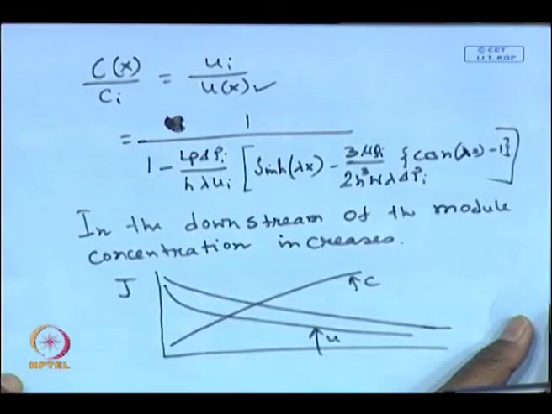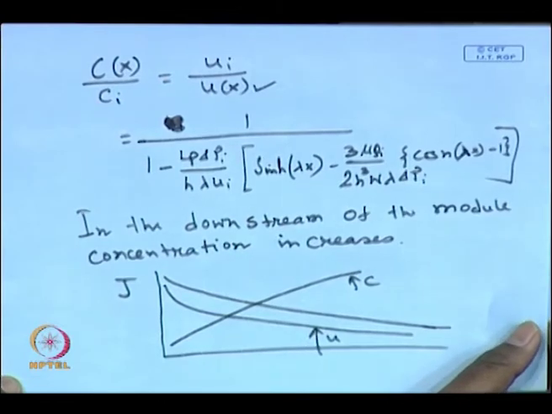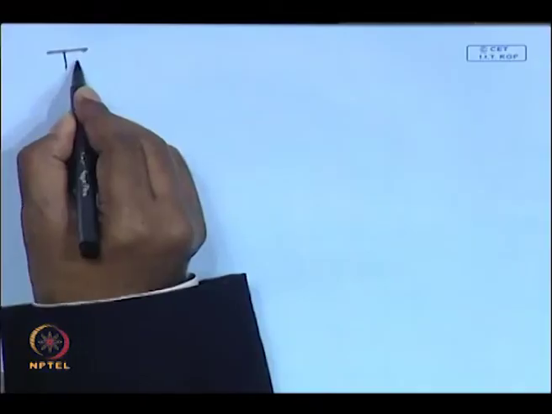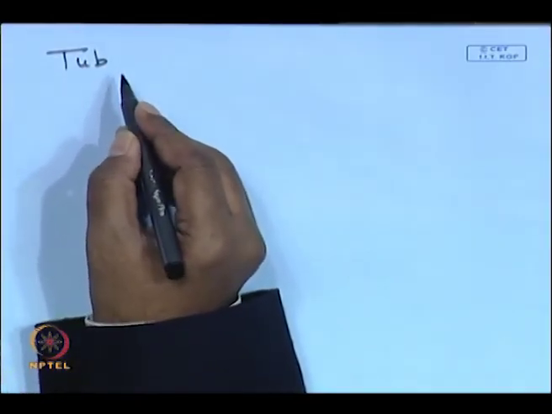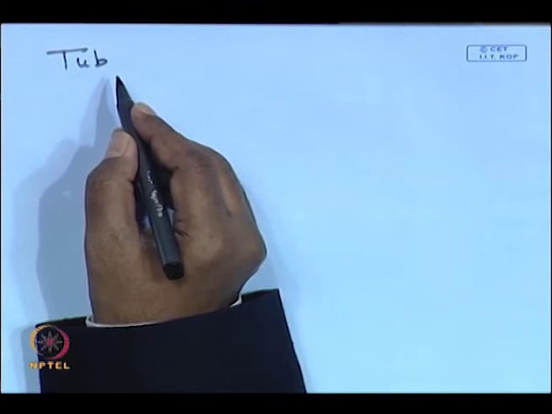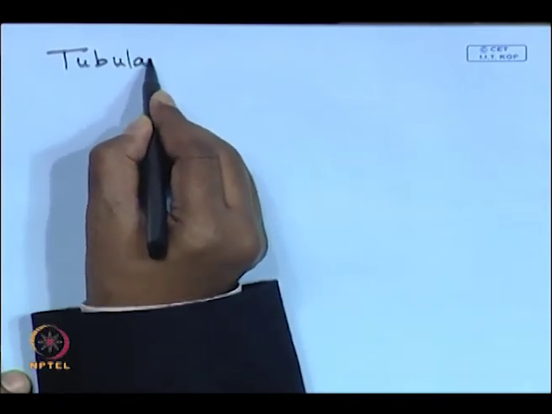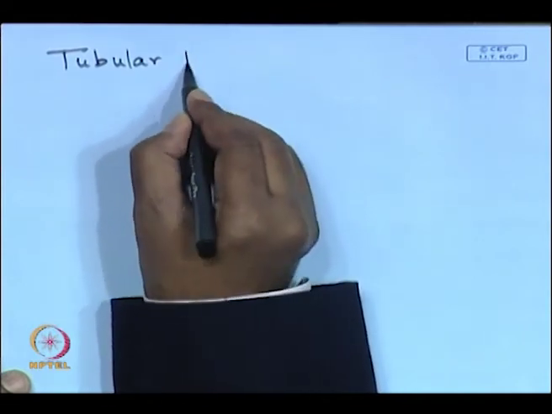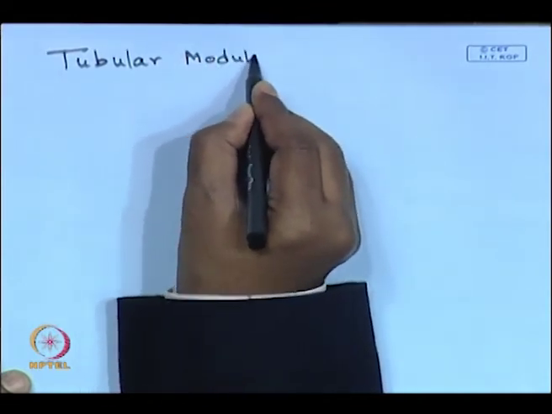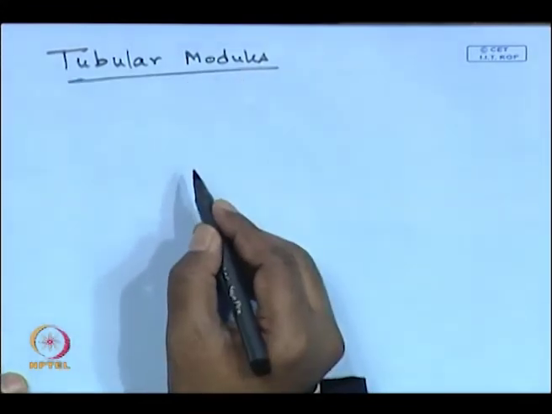Now, this gives a more realistic system when your delta P, transmembrane pressure drop or operating pressure drop, becomes very high compared to the osmotic pressure drop. Now let us look into the tubular module, because as we have discussed the modules earlier, there are two coordinate systems that we can think of among all the modules, either tubular, radial polar coordinate, or the rectangular coordinate. So we have done the rectangular coordinate. Let us look into the tubular or radial coordinate, useful for the tubular modules, and how the expression changes and how they look.